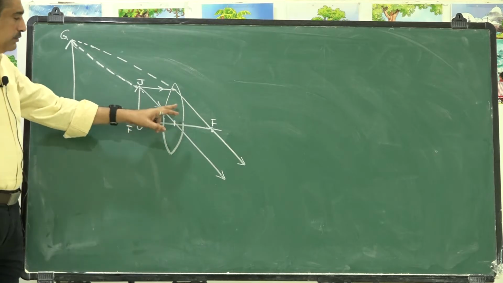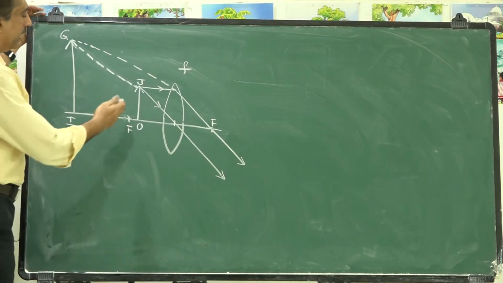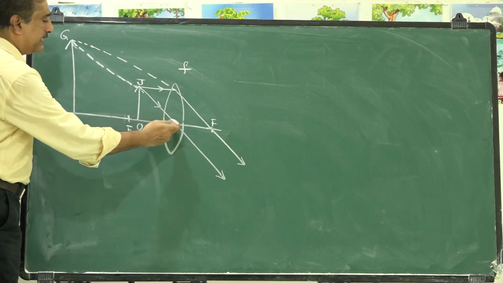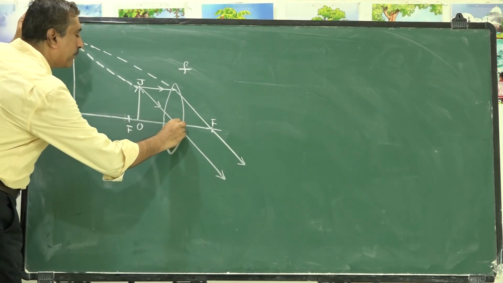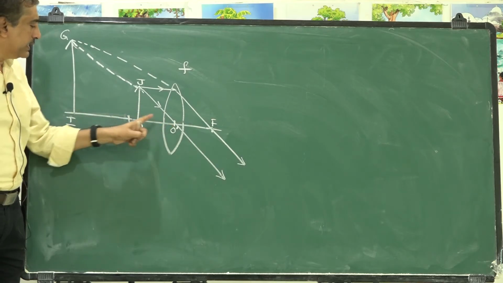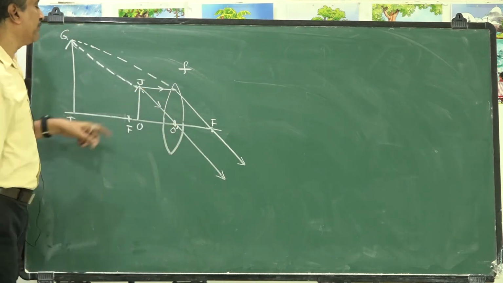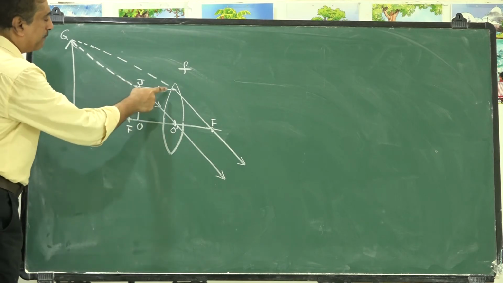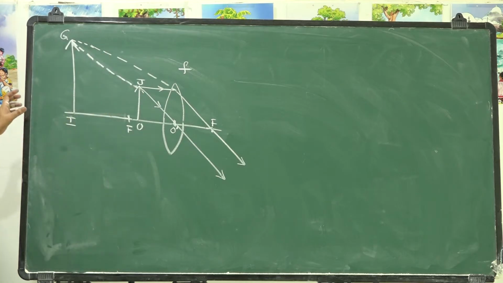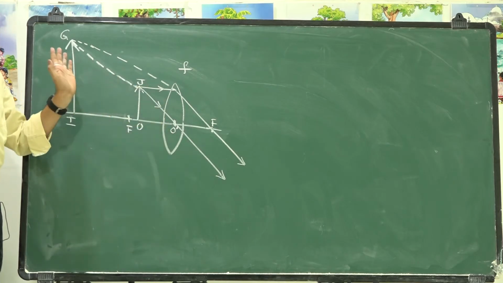Okay. Now this is the convex lens of the simple microscope of focal length f, and the object is placed in between its focus and the optic center. Assume that this is O dash, the optic center. So the object is in between this focus and the optic center, and its virtual image is formed at I G, which is magnified. So the object must be in between the focus and the optic center of the convex lens.